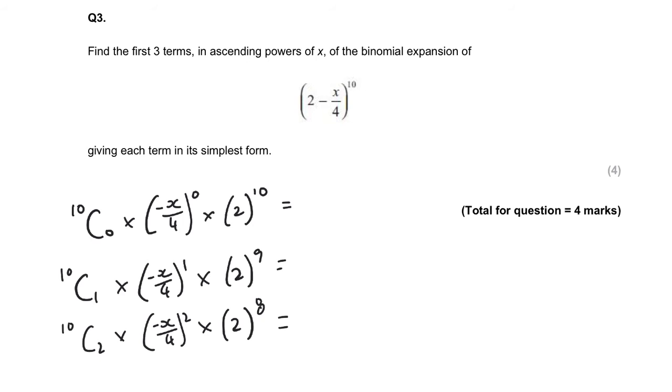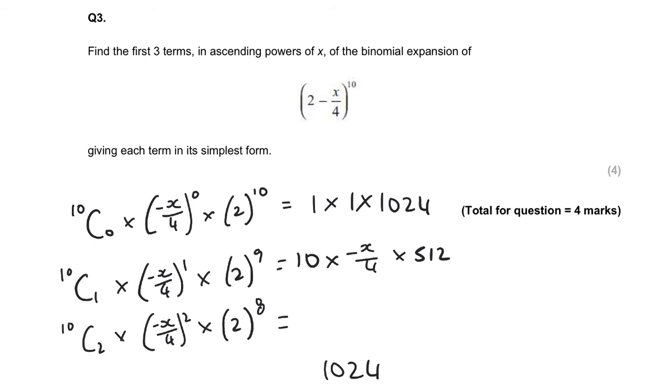So when I work this out, I'm going to get 1 times 1 times 2 to the power of 10, which is 1024. For the second one, I'm going to get 10 times negative x over 4 times 2 to the power of 9, which is 512. So 512 times 10 divided by 4 is going to give us negative